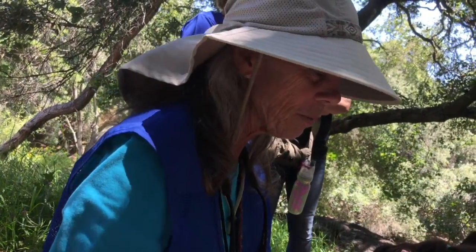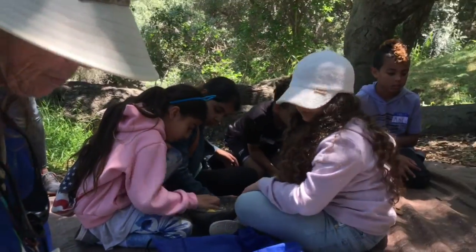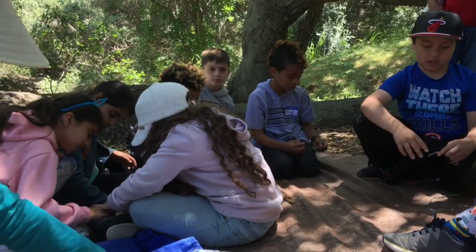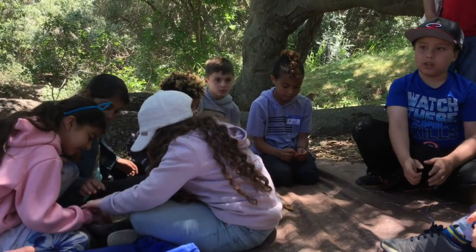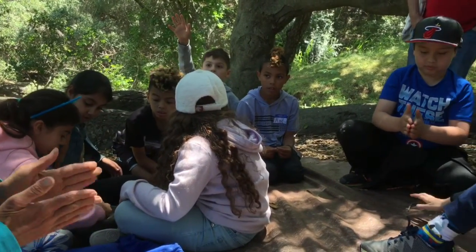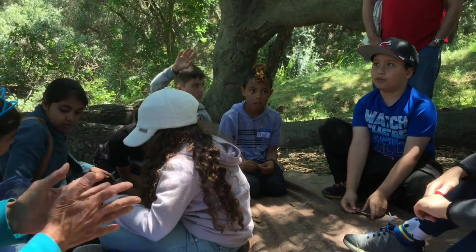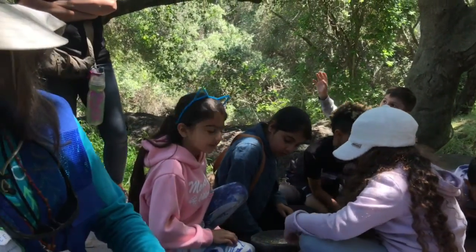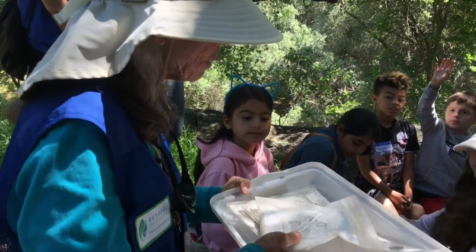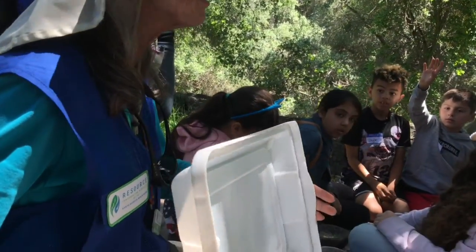Yes? For them to light a fire, they would get a big stick and smoothen it out. They would put it on a piece of wood, and then they kept doing this. Yes. And eventually you get a little spark down at the bottom. Yes, there's many ways to start a flame. And that was a really important thing to learn, is how to start a fire so they could feed themselves